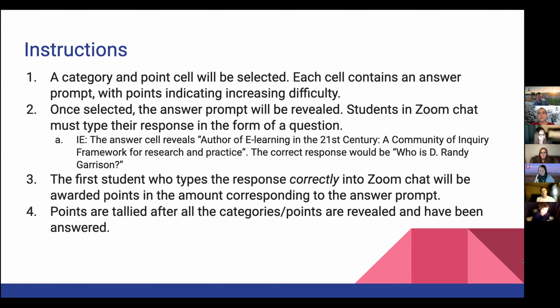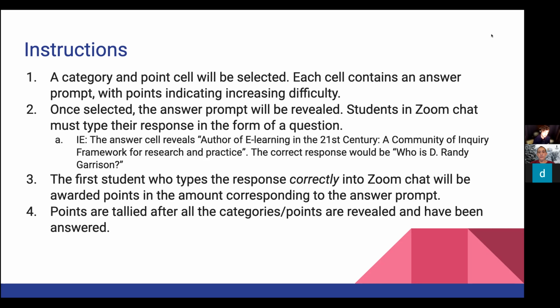Okay, so that was an awesome introduction. So I'm going to explain the instructions for Jeopardy. Maybe we all know how to play Jeopardy, but if we don't, here are the instructions. So we're probably going to have 3 or 4 volunteers as players, and they will all see a grid or a board, which is the Jeopardy board, and there's 4 categories, and there's points ranging from 100 points to 300 points, and behind each point cell, there is an answer prompt, and as you increase in points, the answer prompts get more difficult